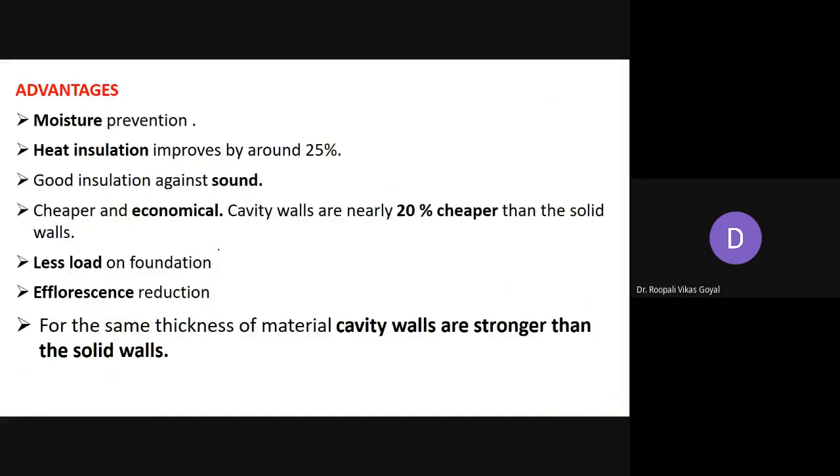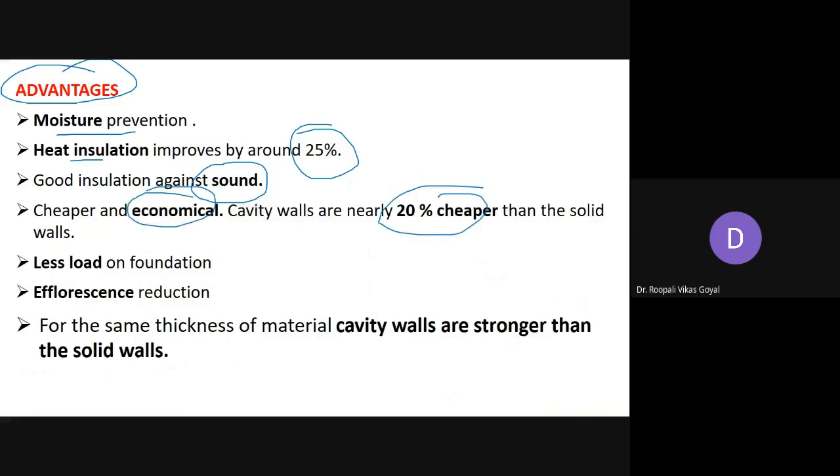So to summarize the cavity wall construction we have discussed, the following advantages can be obtained by constructing a cavity wall. First is moisture prevention, as there is no direct connection between both the walls. Heat insulation can be improved by around 25%. Also good insulation against sound, as outer noise will not reach the inner house. Also cheap and economical, because cavity walls are nearly 20% cheaper than solid walls. Then less load on the foundation, and for the same thickness of material, cavity walls are stronger than